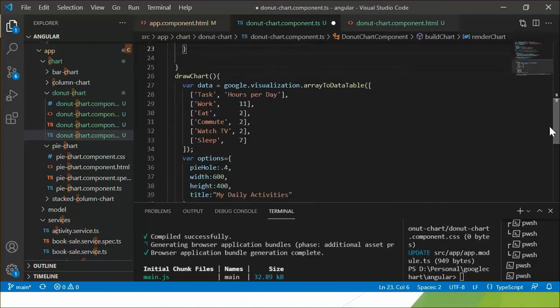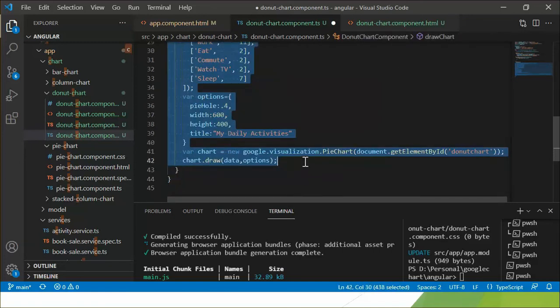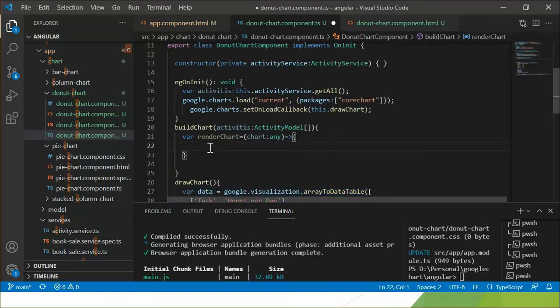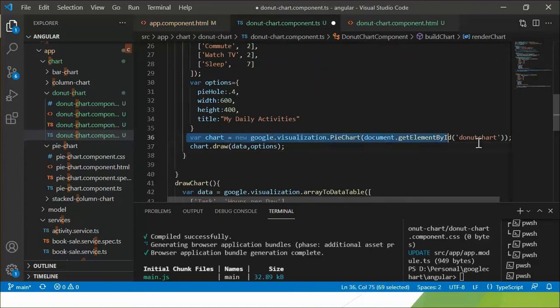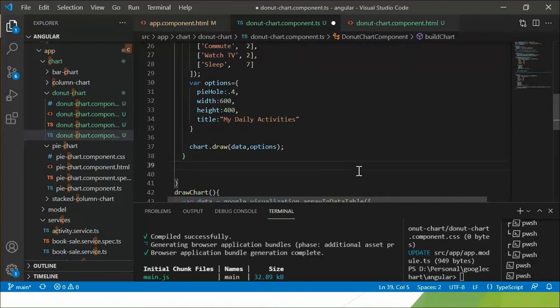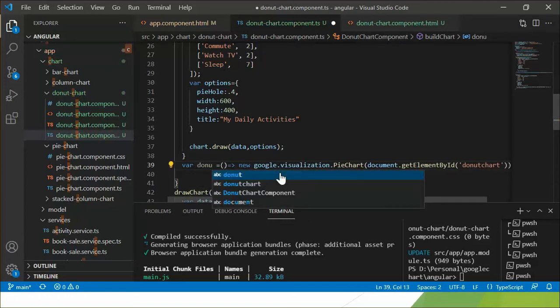So let's copy the code from here, exactly all the code. So here, move this instantiation from inside to outside and make it a method and name it donut chart.